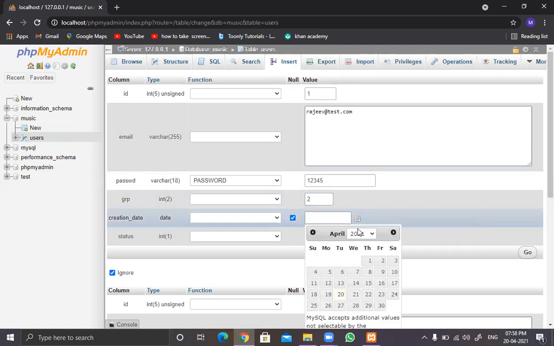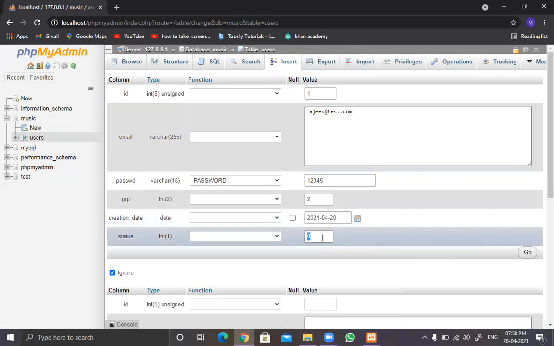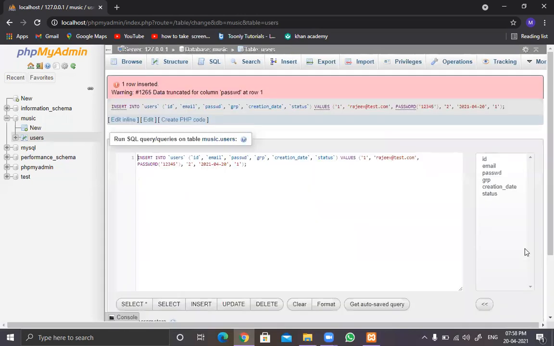For creation date, I can select the current date, and for status, since this user is enabled, I'll be changing it to 1 and click on the go button. So it says data truncated for field passwd. The reason for this is that it is going to encrypt this password, and this encrypted password is going to be a longer one. So you need to alter the structure of this table.